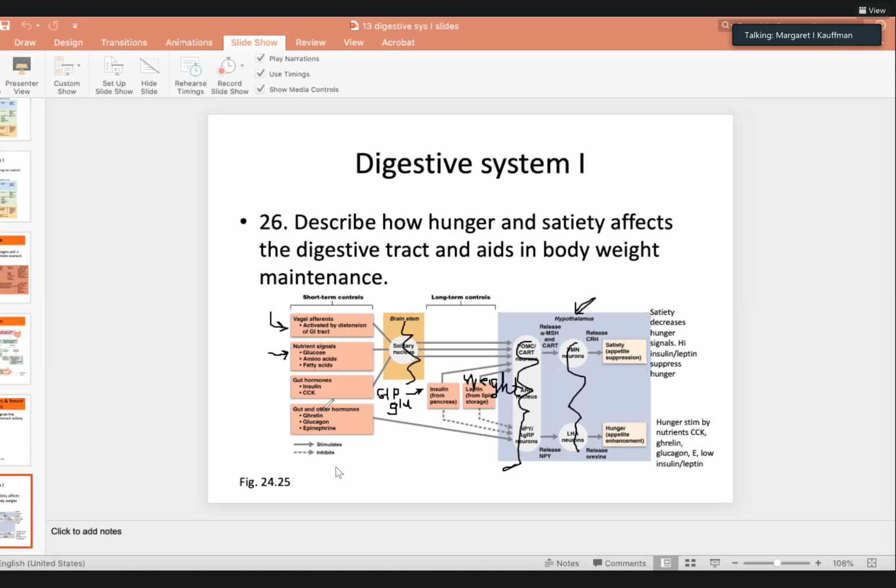Okay, so these dashed lines are again inhibition. So you're seeing insulin will not only increase satiety, but it will actually decrease hunger. Well, what if you want to stimulate hunger? Well, that is through some hormones that we mentioned in 103A over here, glucagon, which you might remember is released when blood glucose is low. That's your hunger hormone